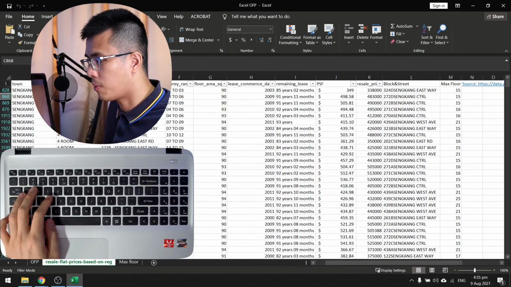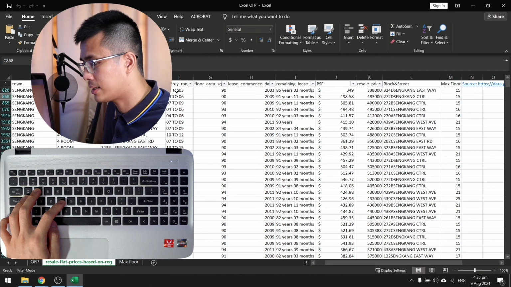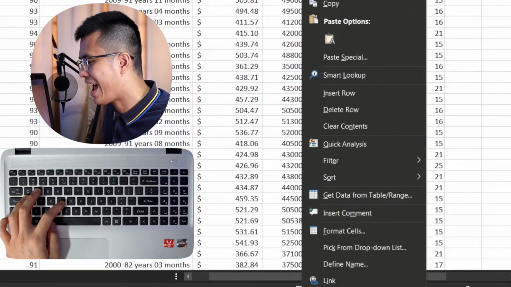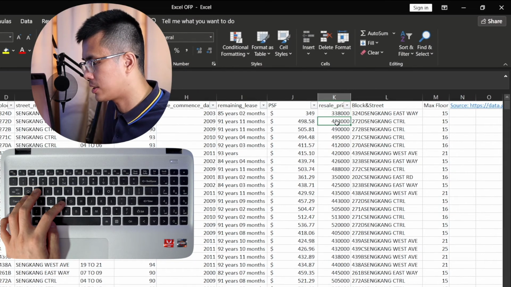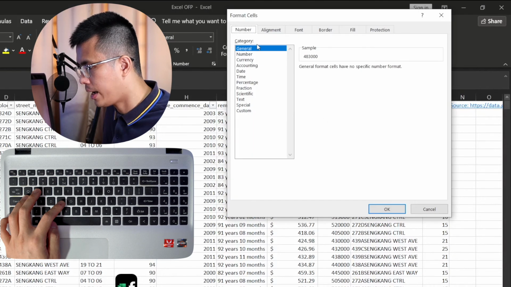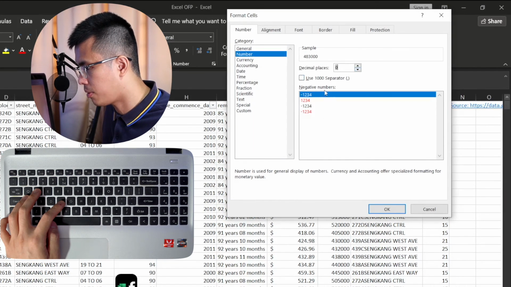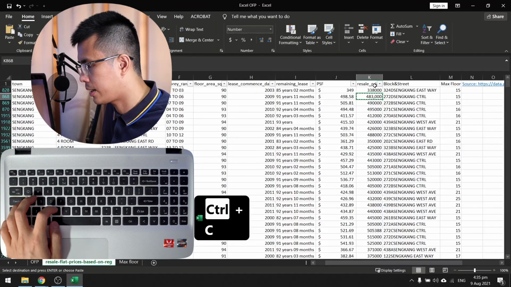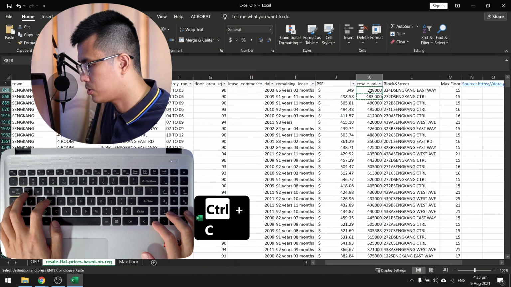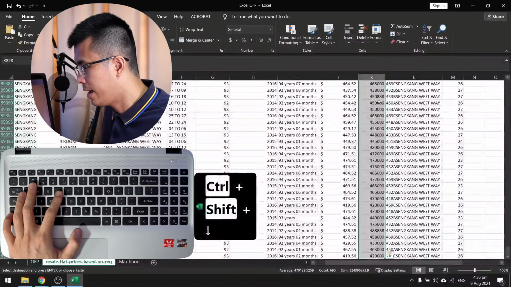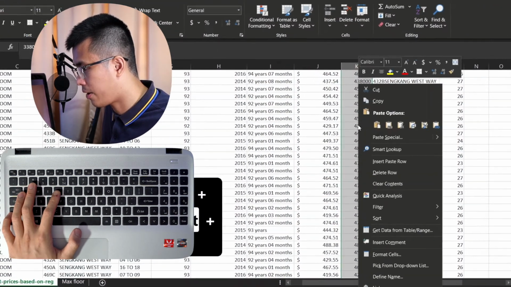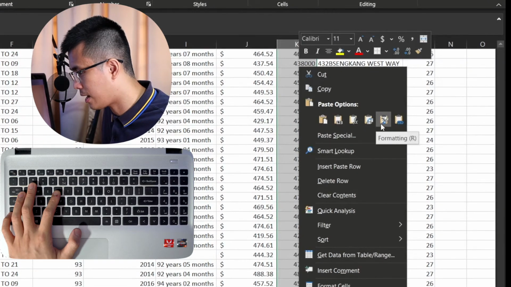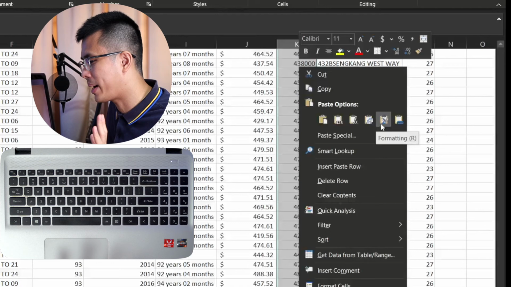Another common tool that I use for both my left and right hand is when I want to format a cell like this. So let's say I want to change this into something else, I can just right click and hit F for format over here. So I can just do this like this. And I can change this number to 2 decimal points. I might even want to add a 1000 separator like this so it looks a bit nicer. And I can just copy that to other cells, selecting the whole thing, and right click and press R for formatting,